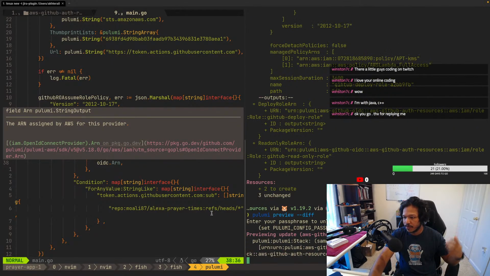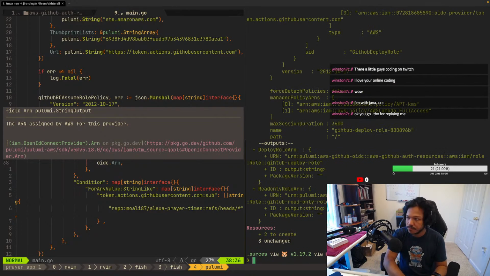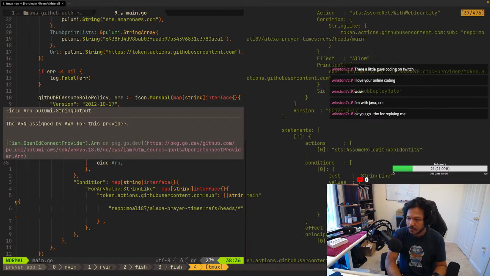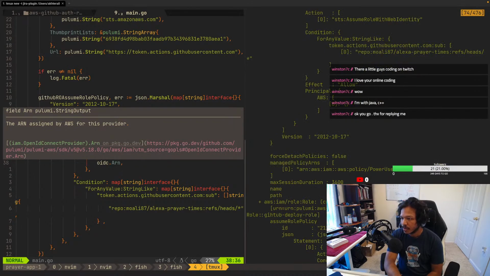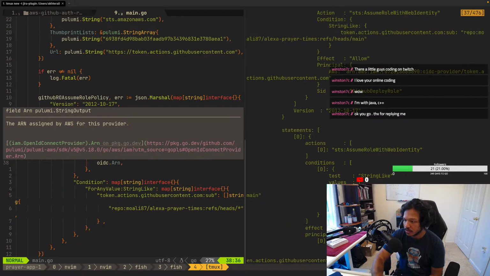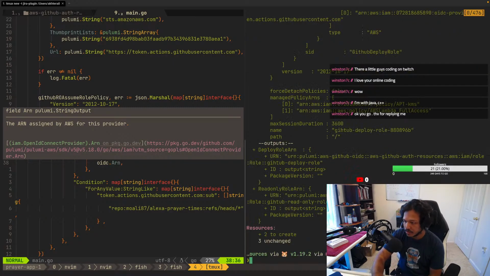I needed to say output value or whatever that was. It's still empty. And in this one, it's not empty. So I have principals, identifiers,